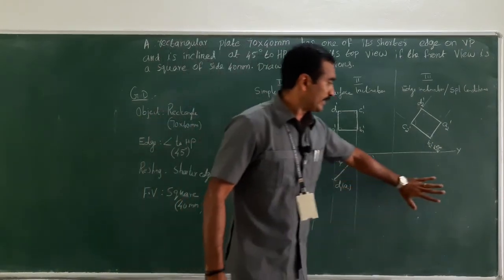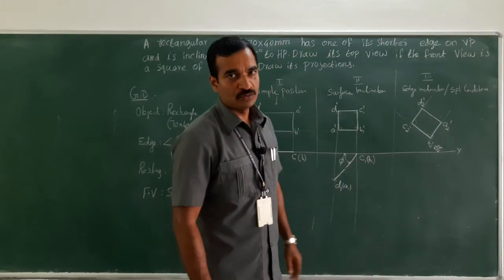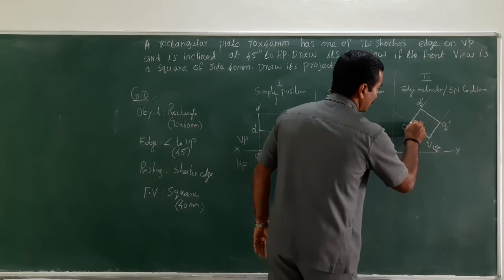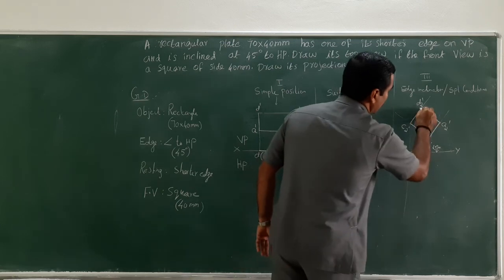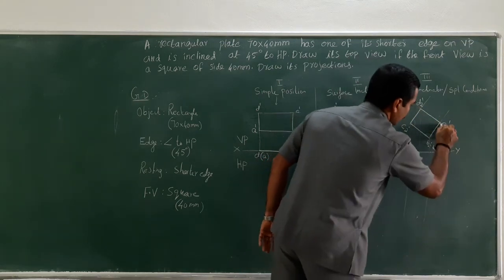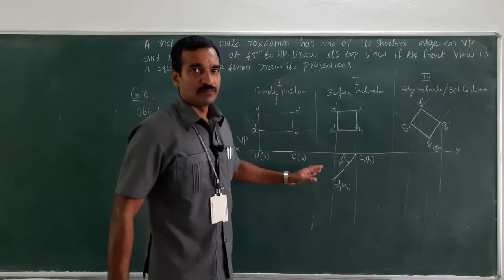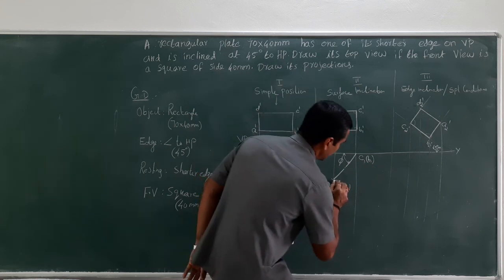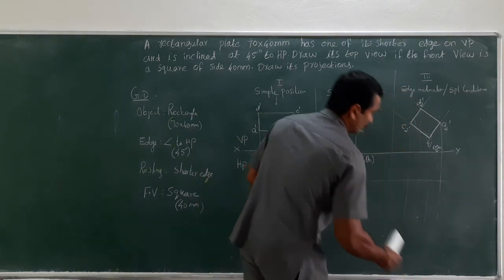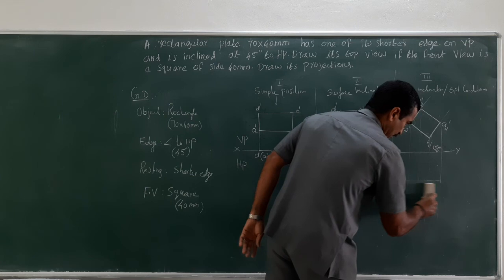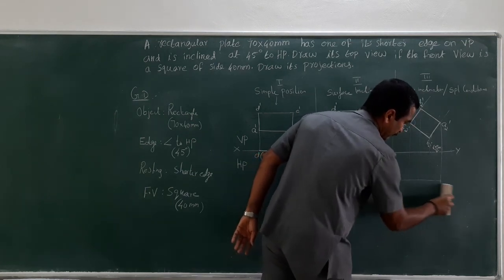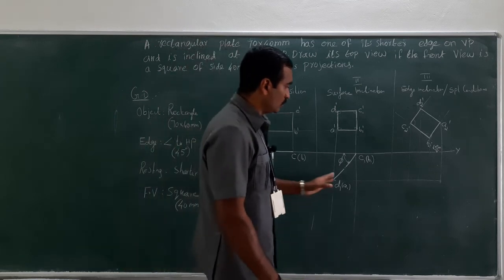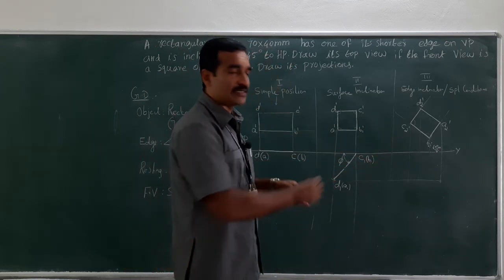Right? What about its final top view? What do you have to do? Simple graphing or mapping. So, vertical projectors, project it vertically downwards. And from the surface inclination line, we will have to just draw a horizontal projector. So, I got a box here. So, within the box only, I am going to get the final top view. Right. So, now I will have to do the mapping over here, that is intersection points.